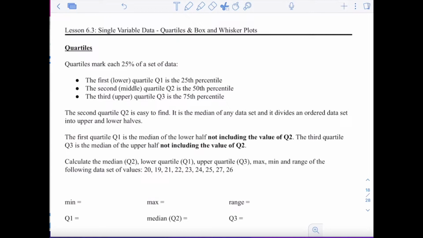So basically into quarters. Now you might ask, not all amounts of data are divisible by 4, which is true, but we don't really need to worry about that in grade 9. If you want to know more about it, you can take data management or AP statistics in your upper school